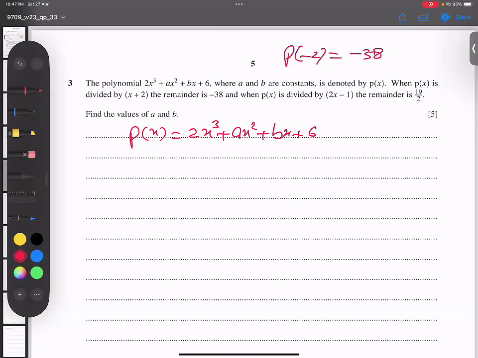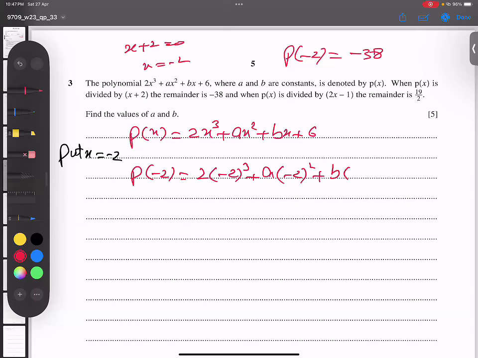What is the method? I will plug in this equal to 0. When I put x plus 2 equal to 0, I get x equal to minus 2. Replace in the whole equation x equals minus 2. When I replace every x by minus 2, you can see minus 2 to the power 3, and here -2 to the power 2, and here -2 plus 6. This is equal to minus 38 because this represents the remainder. So minus 38,